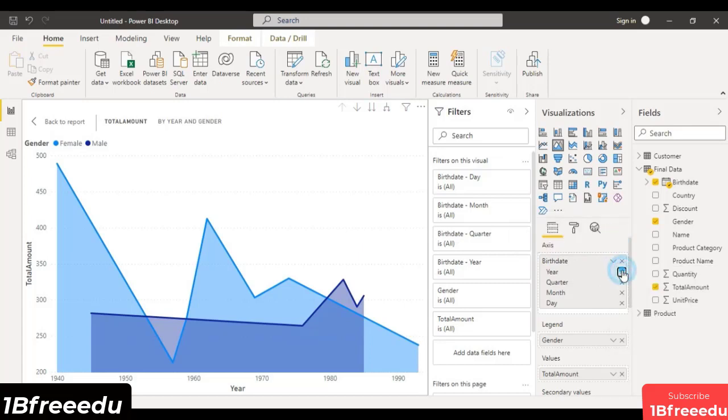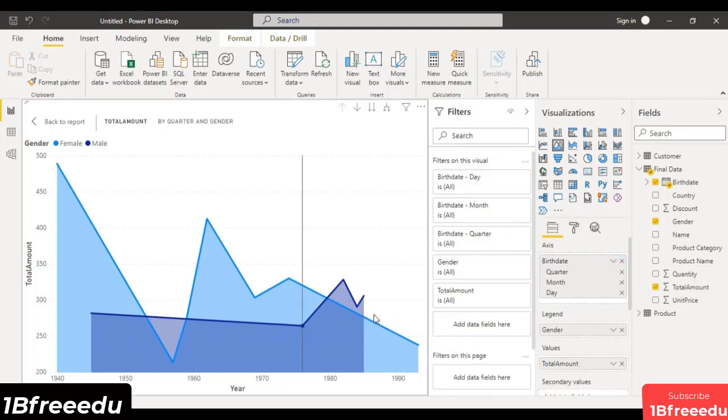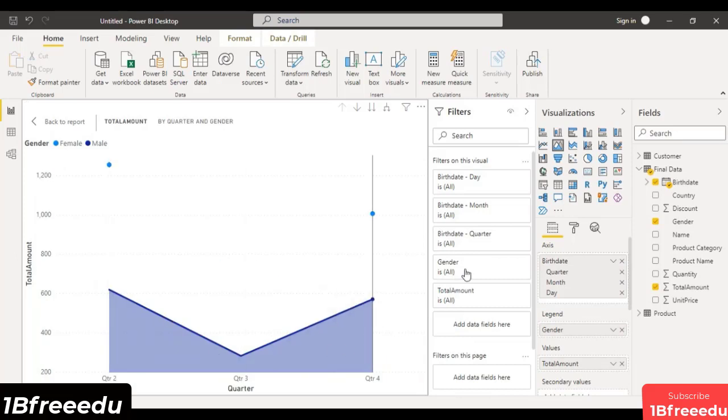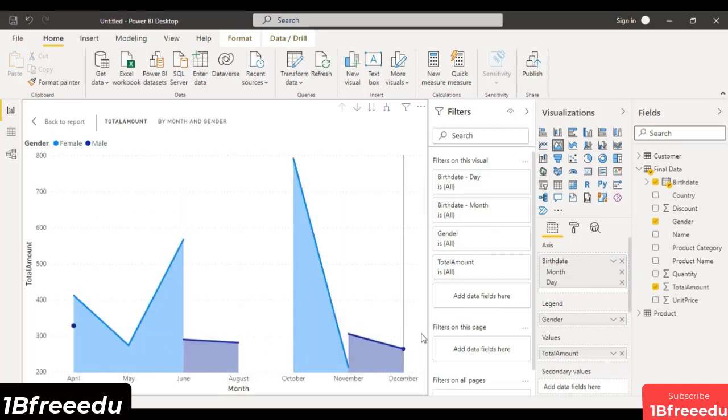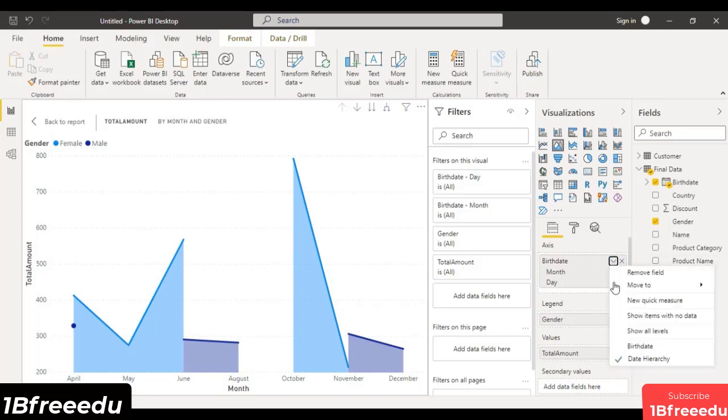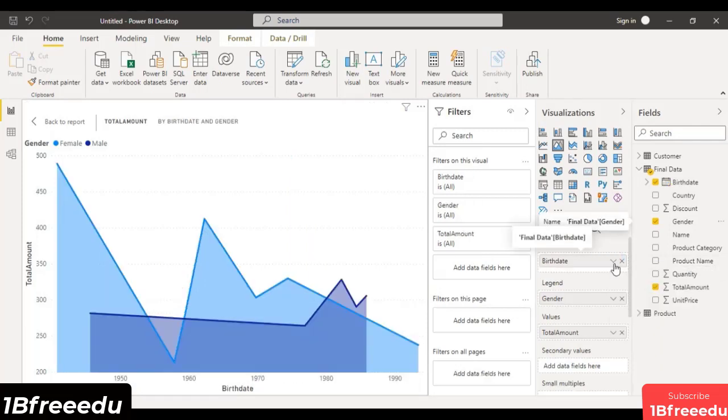If you don't want it by the year, if you want it by the quarter, like in which quarter they were born, you can get the information about the quarter, which is not very good looking. You can also get it by the months, like in which months they were born, which is again distorted information. So these are the different information that we get from the birth date or the birth hierarchies, just like this, okay.